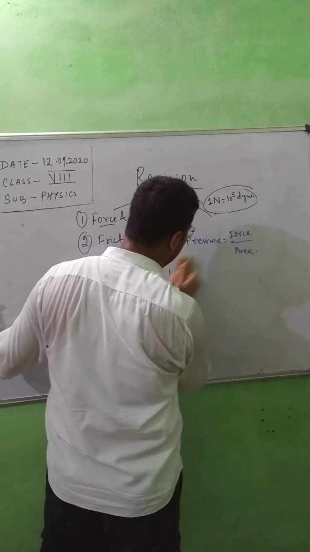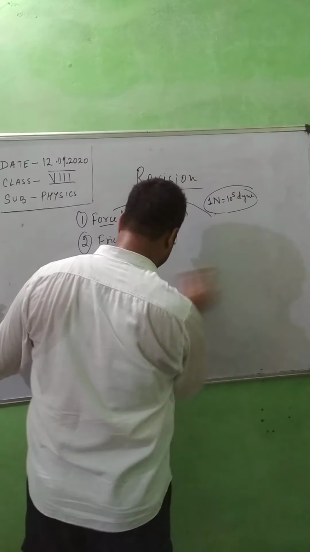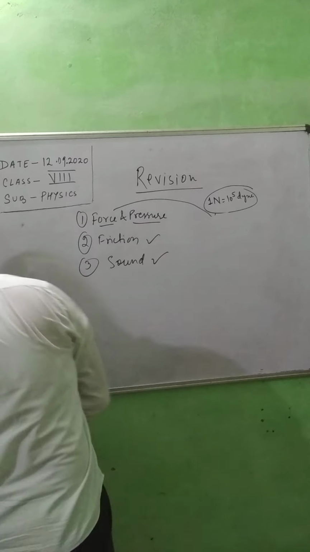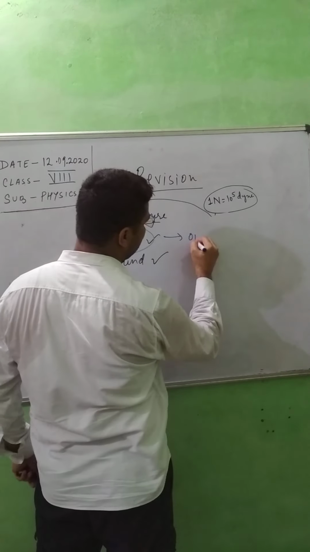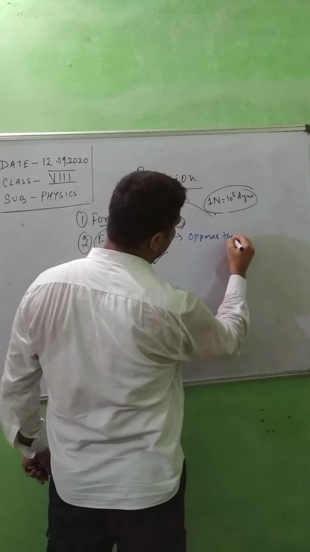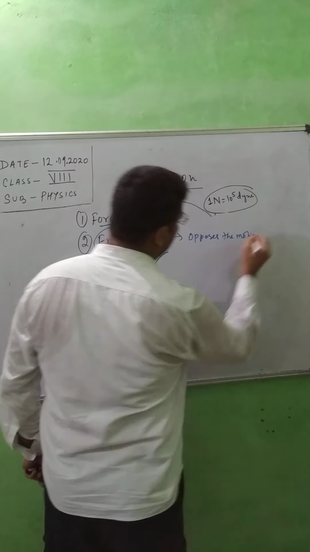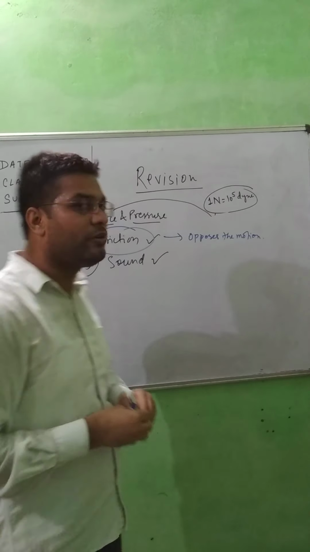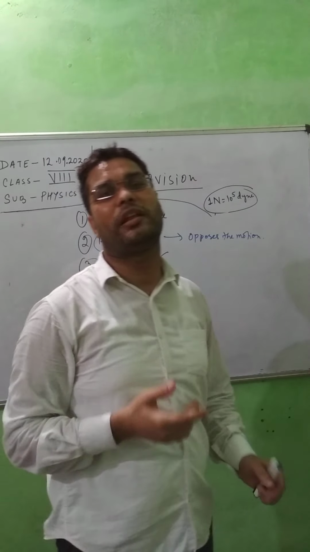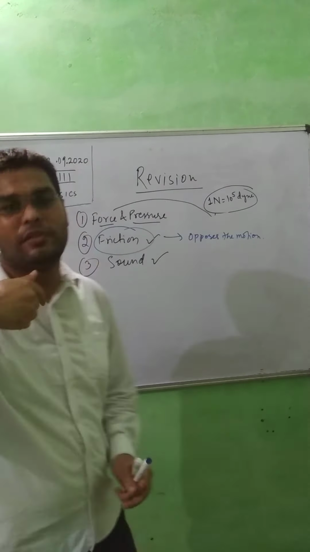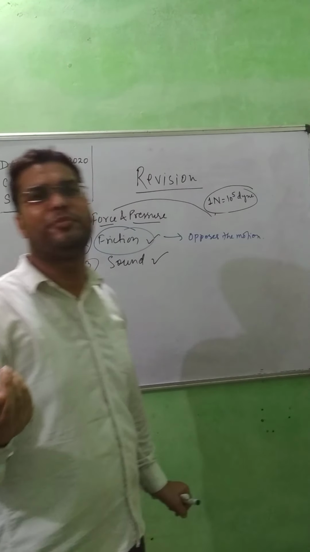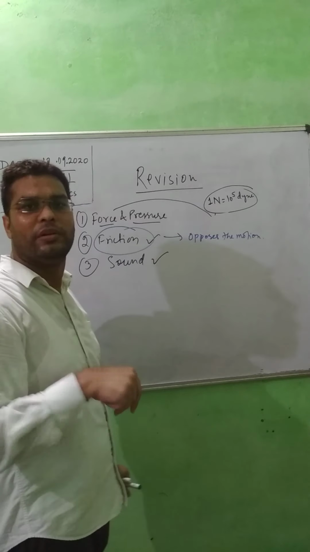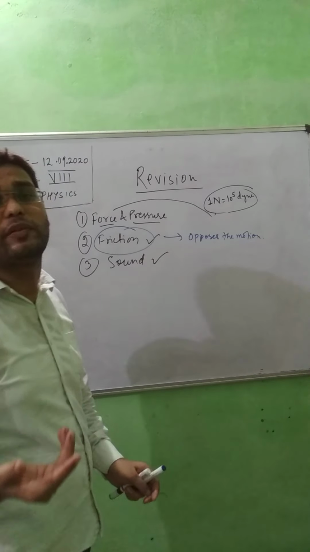Now after that we have talked about the chapter Friction. In friction, what we have seen is that friction always opposes the motion. It means if friction is more, we have to apply less external force to continue anything in motion. Second, it is only friction due to which a body in motion automatically comes to rest, because the friction force acts as our what?